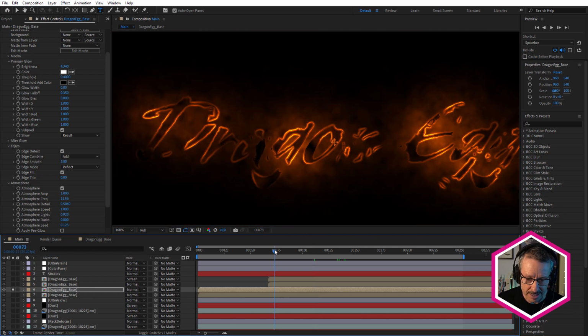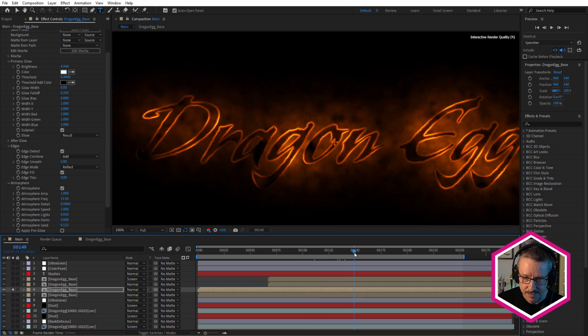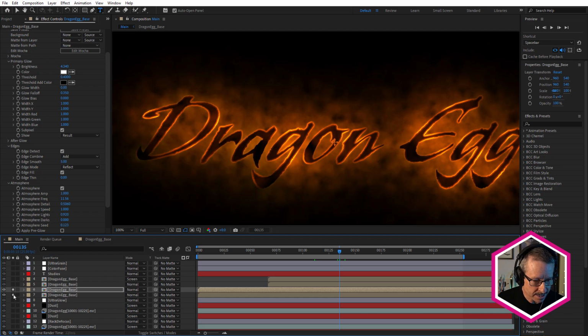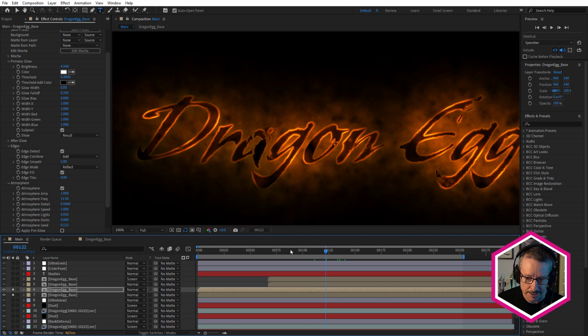You can see how when that erosion reveals the text, we get that kind of look, which is really nice. And you've got the atmosphere here, but with the layer below it, we get a bit more, and it's a little bit more readable. I think that's why I added that. It just adds an extra level of readability to this. So Ultra Glow with edges, great for text and logos.